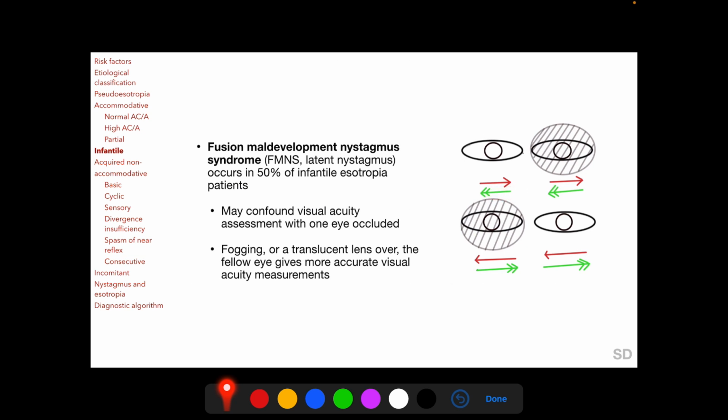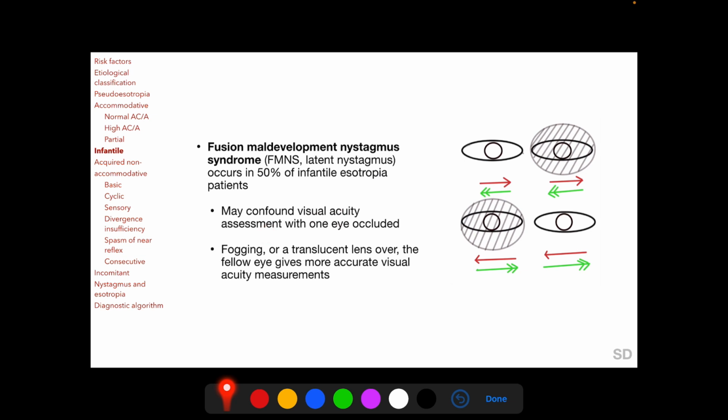This jerk nystagmus actually occurs in both the eyes with the fast phase in the direction of the unoccluded eye, and on occlusion of the other eye we will find that the direction of the fast phase of jerk nystagmus reverses towards the now unoccluded eye. Since in latent nystagmus patients occluding one eye induces nystagmus in the unoccluded eye, latent nystagmus can interfere with visual